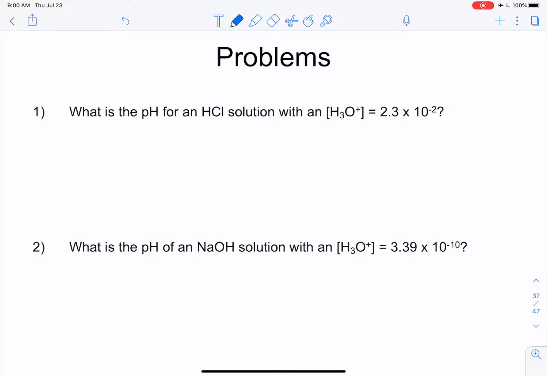So what is the pH for a hydrochloric acid solution that has a hydronium concentration of 2.3 times 10 to the negative 2? Well, 2.3 times 10 to the negative 2, and that's molarity, probably doesn't mean a whole lot to you. Like, I have no idea what that is. So let's go ahead and put it into the pH equation. So for pH, we have the negative log of 2.3 times 10 to the negative 2. And when we put that into our calculator, what we're going to get is